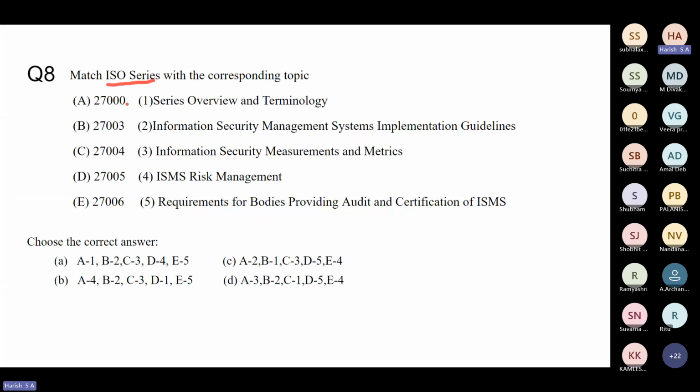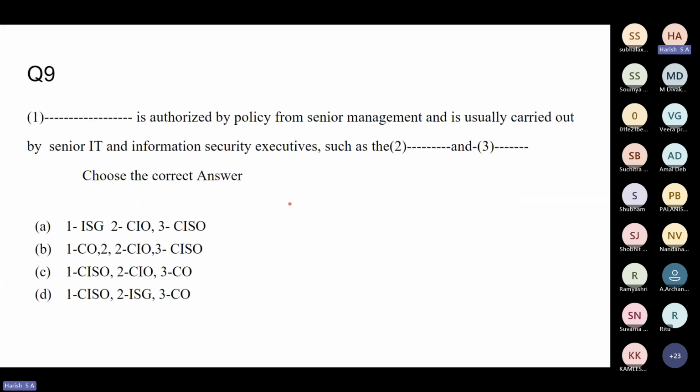They're industry best practices. Each of these talks about one aspect of industry standards, as Ritu was just saying. So what is the correct answer here? Again, these are all completely definition based answers.